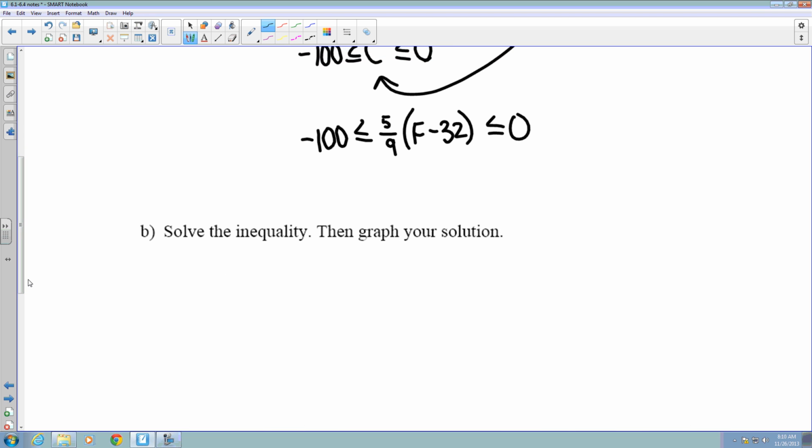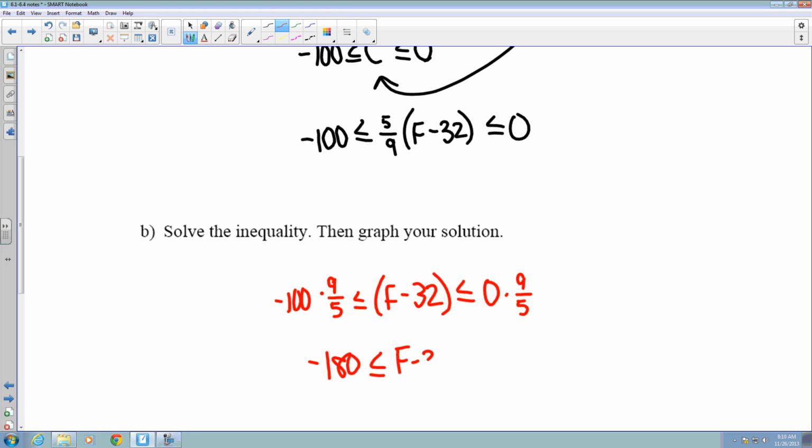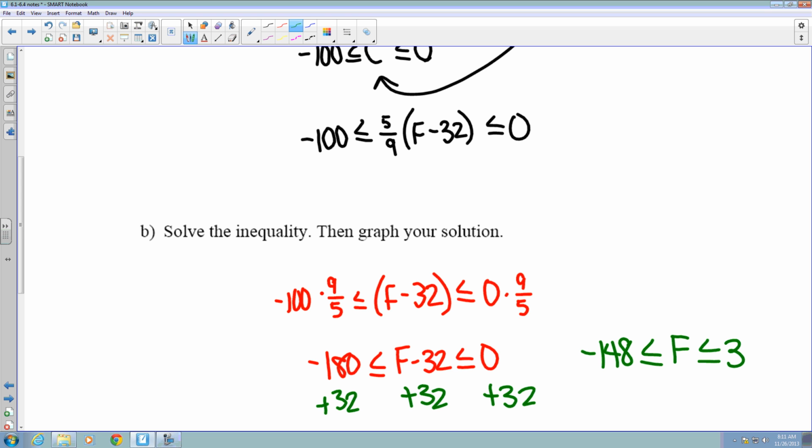So I think the easiest thing to do here is to divide everything by 5/9, which is multiplying by 9/5. That gets rid of the 5/9. The only number that really changes here is the -100, which changes to -180. And then I'm going to add 32 to all three sides. So -148 is less than or equal to F is less than or equal to 32 degrees. Those are our Fahrenheit